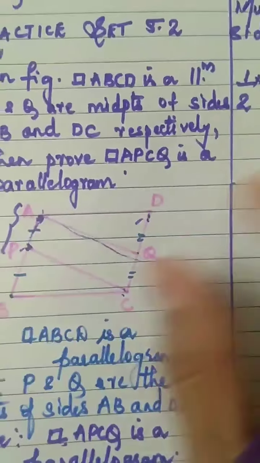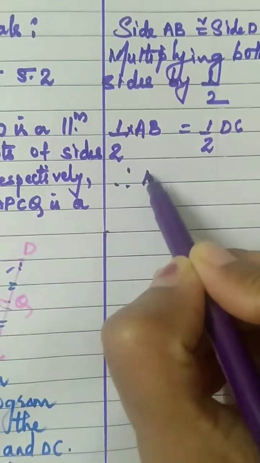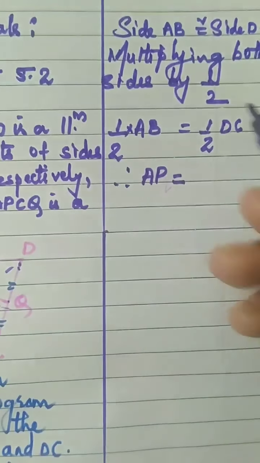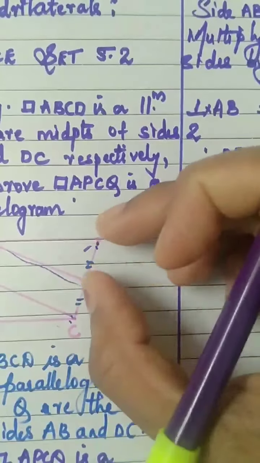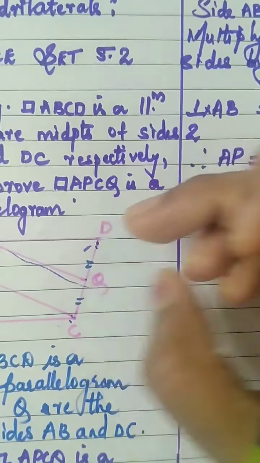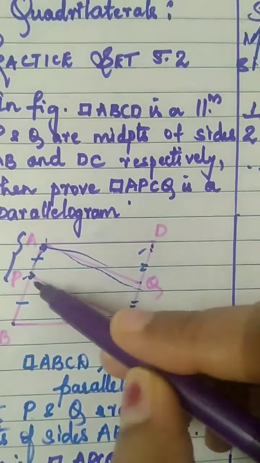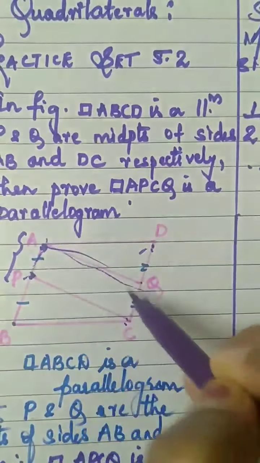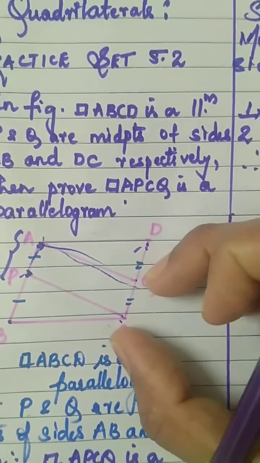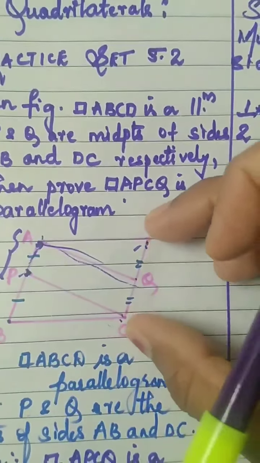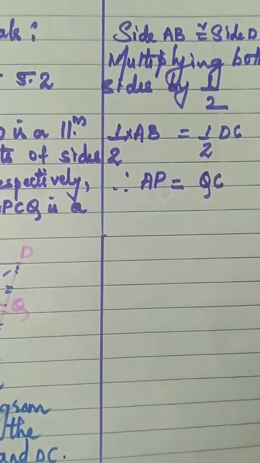Okay. So we will write what is half of AB? AP. So here we will write therefore AP is equal to, similarly, half of DC. Which part are you going to take? DC का half है DQ or QC. Which one do we want in this quadrilateral? APCQ में कौन सा part आ रहा है? DQ आ रहा है कि QC आ रहा है? QC is coming. Okay, so we will take half of DC as QC.